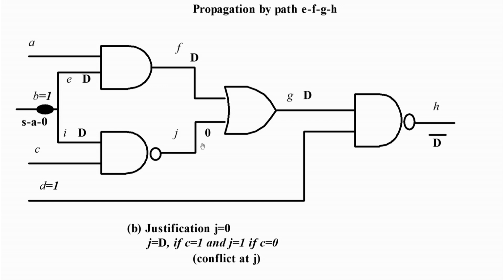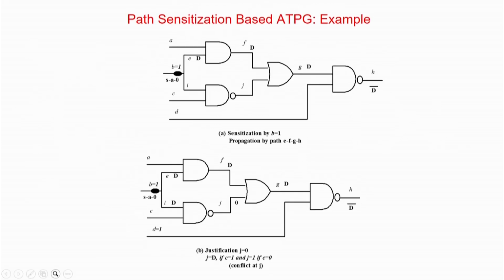So, how do I get a 0 at the NAND gate? Basically, there is only one choice: you have to put a 1 over here, as well as a 1 over here. But by this B equal to 1, this is D as well as this is D, but I require a 0 at the NAND gate. A 0 at the NAND gate means I require a 1 and a 1 over here. Only then can this be a 0. But now you see I require a 1 over here, but this is stuck at 0, apply 1, so D, so this D is coming over here. So, this is basically a conflict at J.